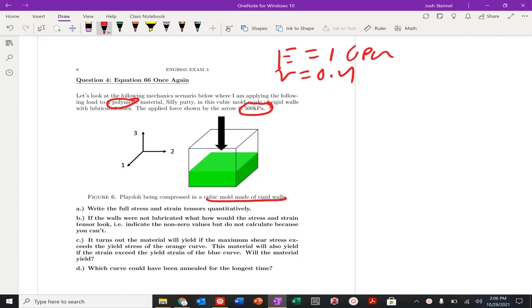So I need to go and actually start to apply the force. It's not really a force. This is a stress. So, be correct, Professor Steinman. But anyways, so